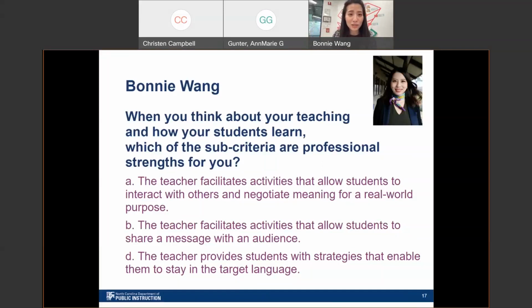Students don't want to talk about those topics with me because I'm in the same school. I know everything. I've been giving them the oral proficiency interviews every quarter, so I know so much about them. There's really nothing that I don't know about my students after 4 years. But if I invite other speakers to the campus, to their classrooms, they have to stay in the target language in order to express themselves to the other people. So I hope those little tips or those practices that I use in my class can give you just a little inspiration.